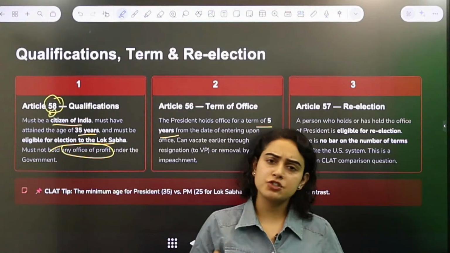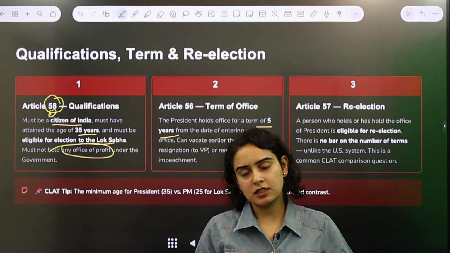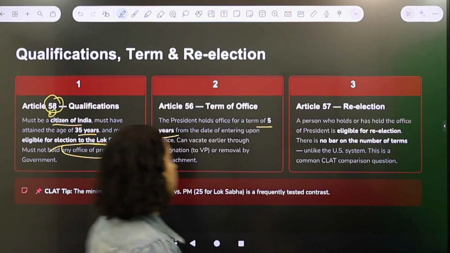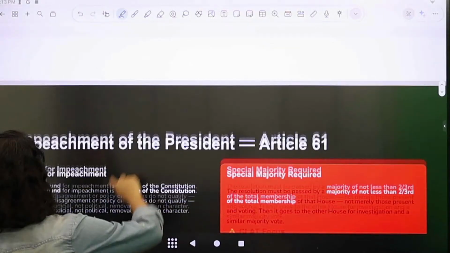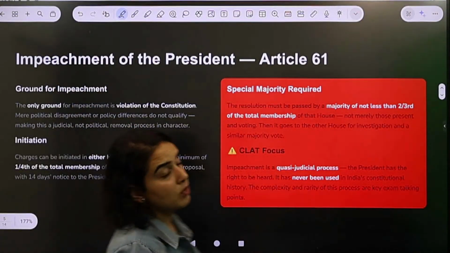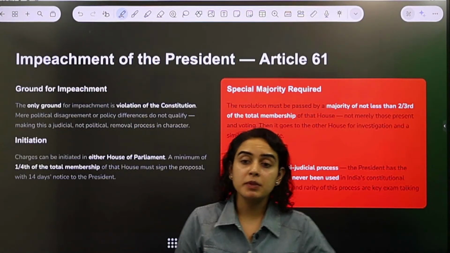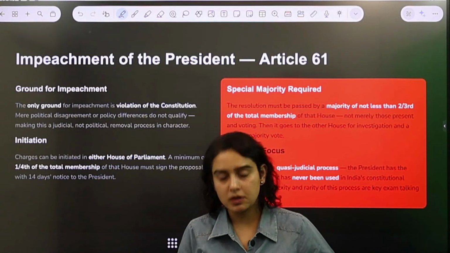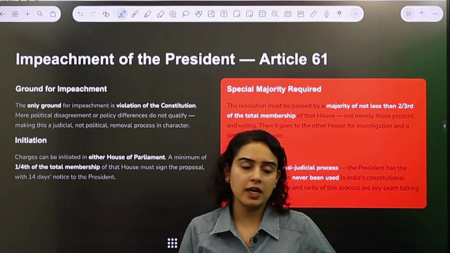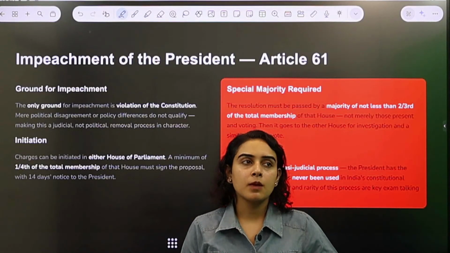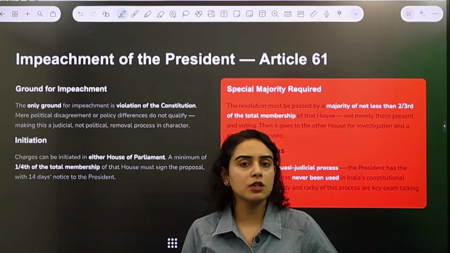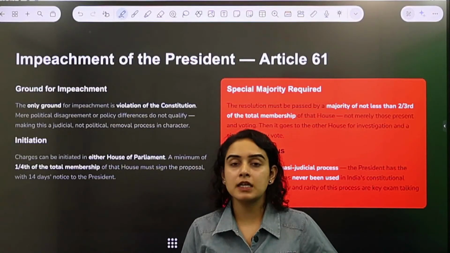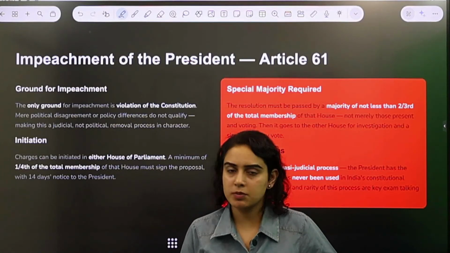However, in the history of India, only Dr. Rajendra Prasad has been elected as the president twice. Otherwise, this is not something which is usually followed. Now, proceeding ahead, something very, very important is the process of impeachment. Impeachment means how the president of India has to be removed. We are not talking about his retirement here. We're not talking about his death or any vacation that he is on. We're talking about him not obeying the constitution and then being removed from his position. Basically, this is about terminating the president from his position.